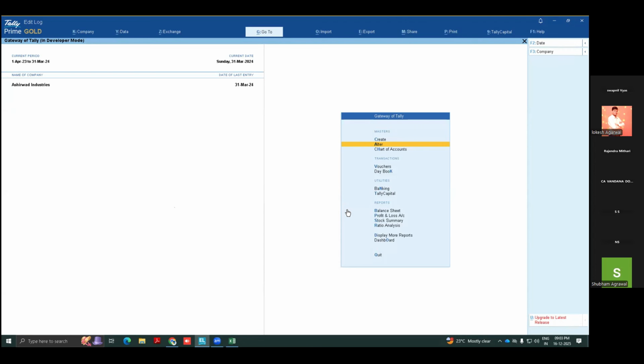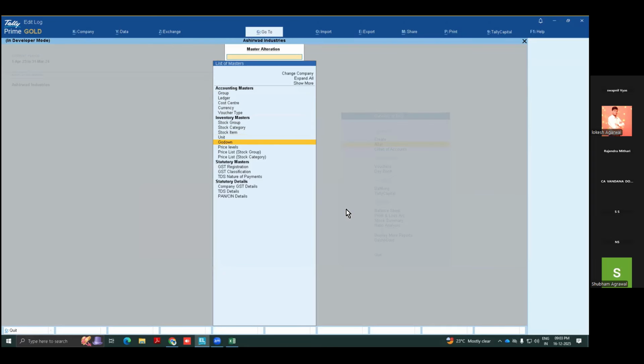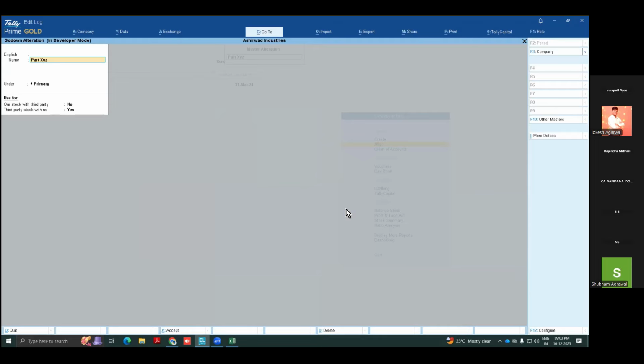Now both can collaborate. Suppose in Alter Godown, you have an option to say which job or cost center this godown is for. So godown A is mapped with cost center A.